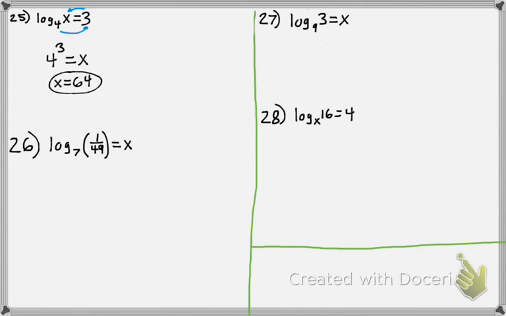So that's one of the advantages of being able to transform back and forth between logarithmic and exponential form. Sometimes it's better to have it in exponential form to solve for x. Sometimes it's better to have it in logarithmic form to solve for x. For 26, if I transform it,